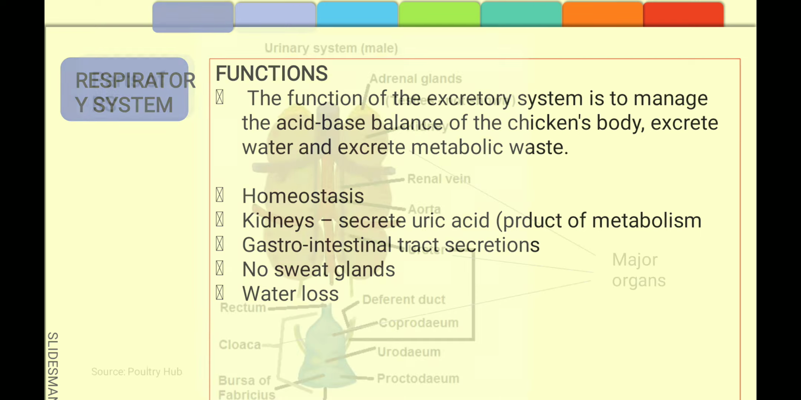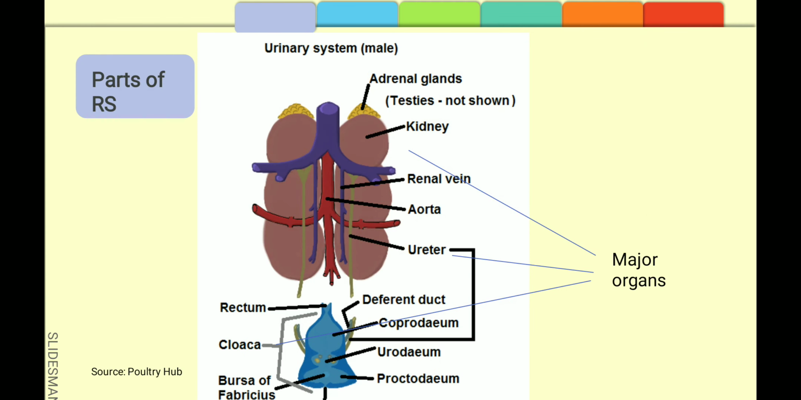So here, these are the parts of the excretory system. There are three major organs of the chicken's excretory system: the kidney, the ureter, and the cloaca. Those are pointed by the arrows, as you can see on our screen. So two kidneys, each with a ureter that carries the urine produced by the kidneys to the cloaca, where it